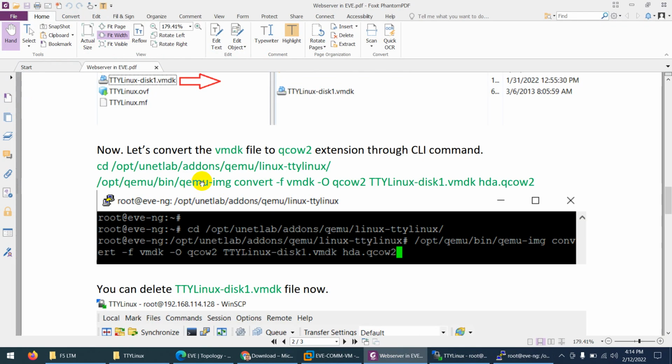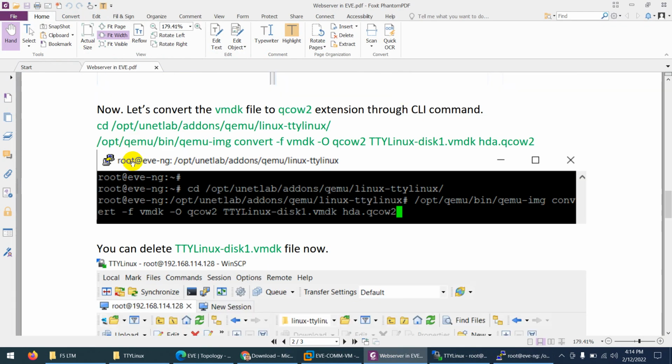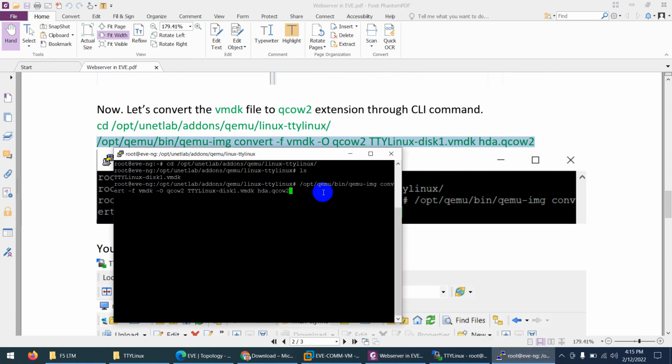Next, I need to convert this file. To convert this file, this is the file, opt, and convert if, and this is the thing. So let me copy this one as better, and let me paste here. So it will be easy, and